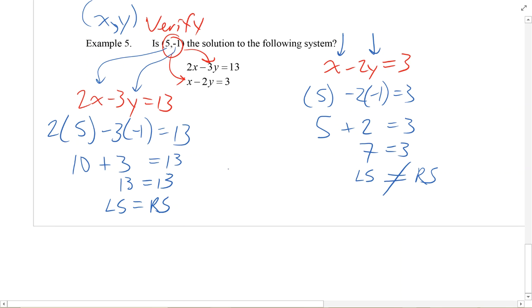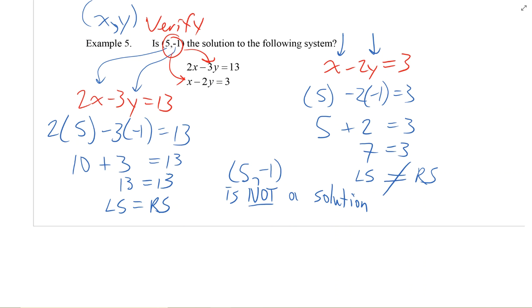Exactly. So what we can say now is (5, -1) is not a solution. And feel free to yell and use capital letters. Okay. So what that proves is that is not a solution. You have to have the proof there. You can't erase it. You cannot guess. You must show your work. Okay. Any questions? Okay. So you have another